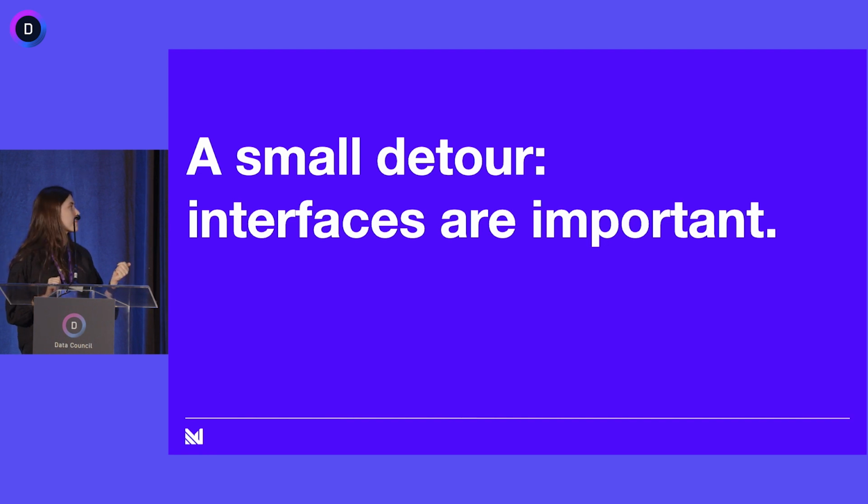Interfaces are perhaps more important when you're choosing a product, because you want to choose something that will be easy for the rest of your team to use, easy for the rest of your team to understand. So if you wanted to use 5 data products, and they all had 5 different interfaces, how would you convince your team to do that? How would you maintain that? How would you explain that to everyone else in your organization? It gets pretty hard. So having a unified interface can be really important for choosing tools, adding tools to your stack, and making it maintainable.